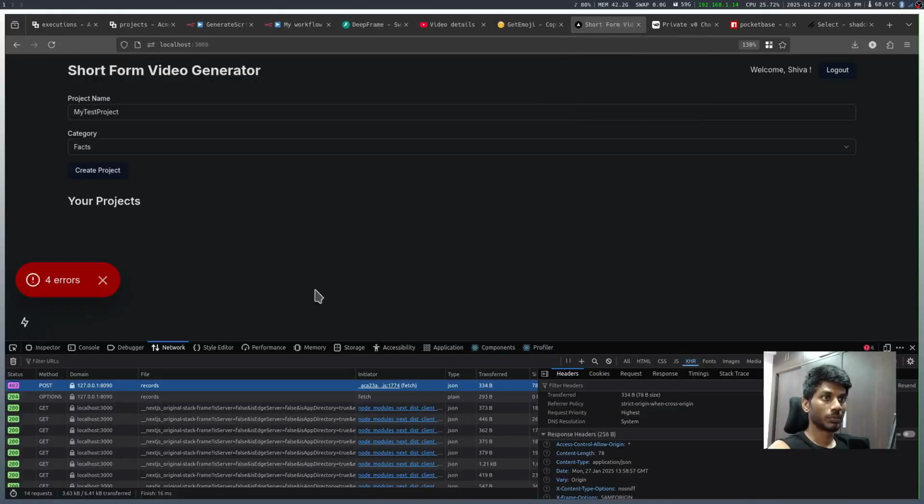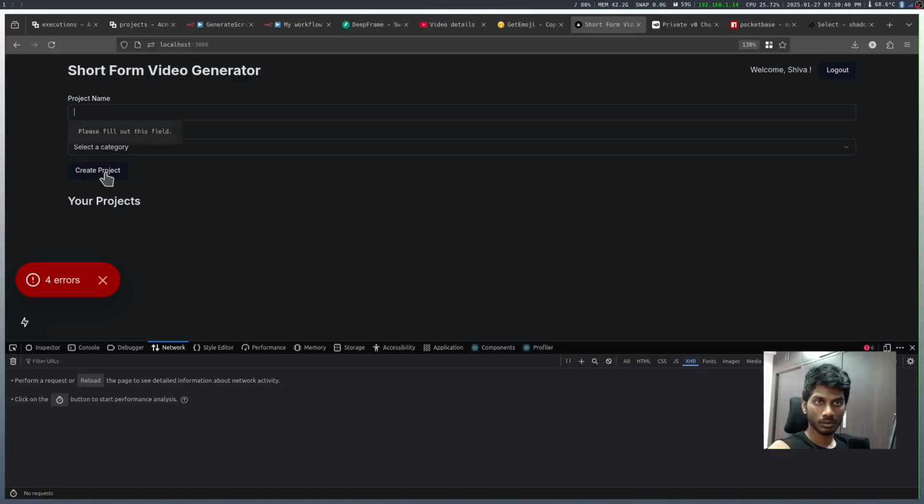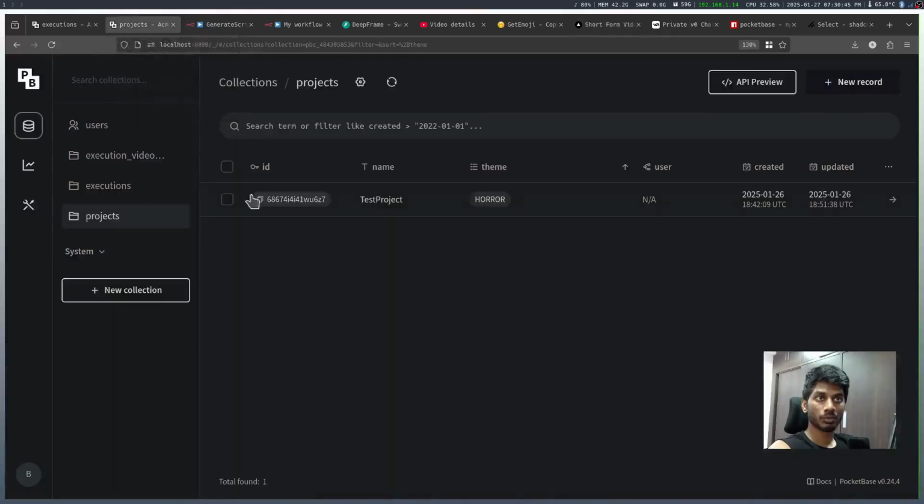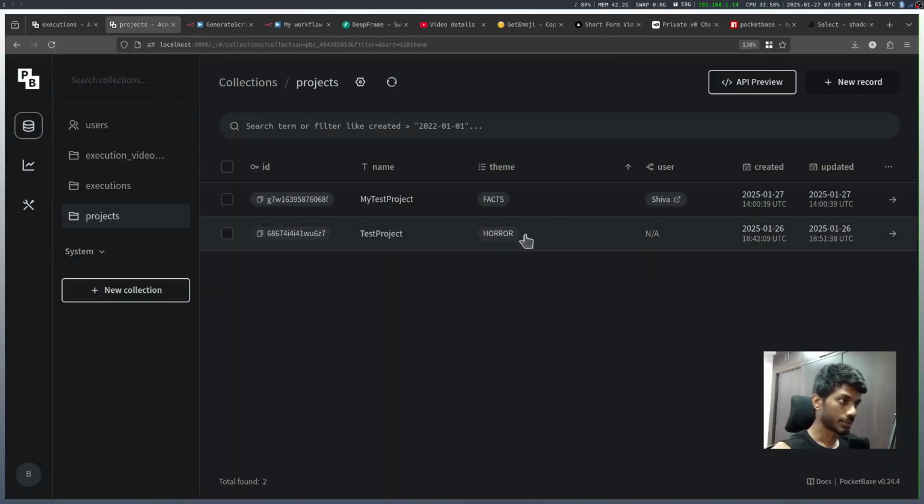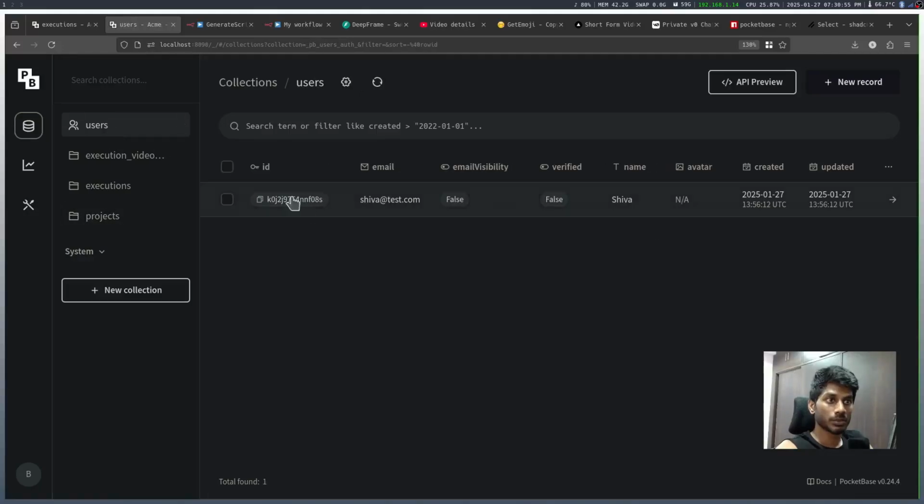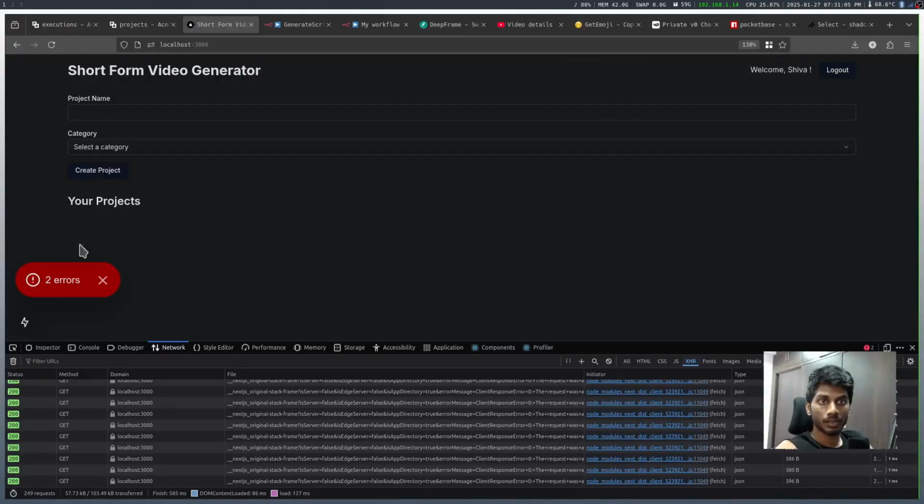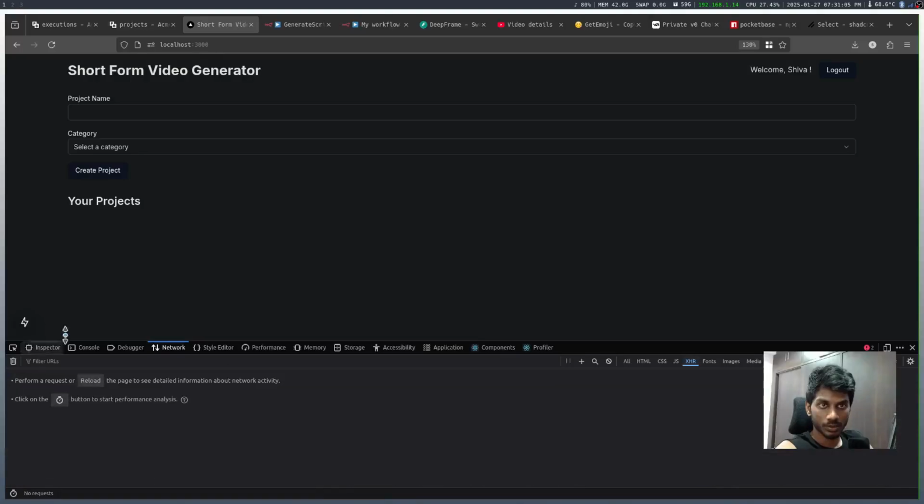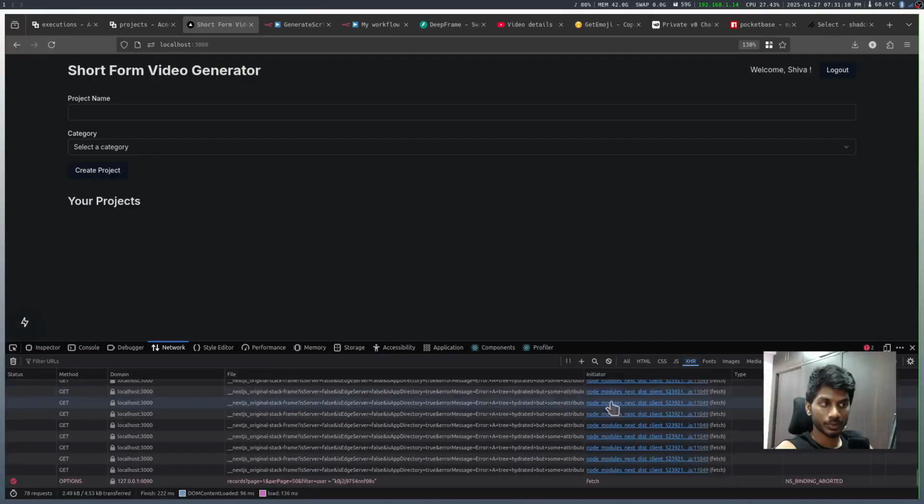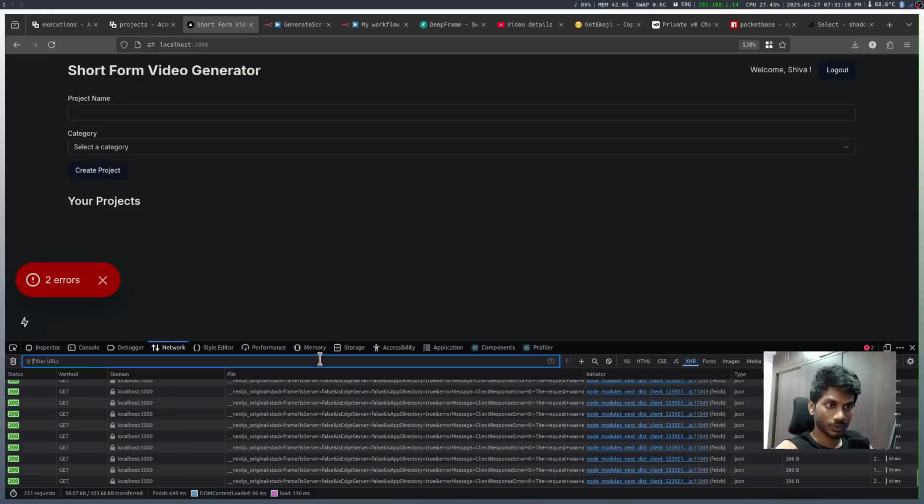Let's go back. Let's create the project. Let's see if the project was created. Yeah, my test project was created, right? Perfect. Now the user is also here. Perfect. Okay, you don't see the project being loaded onto the UI because your project should have the project also loaded. So we select for